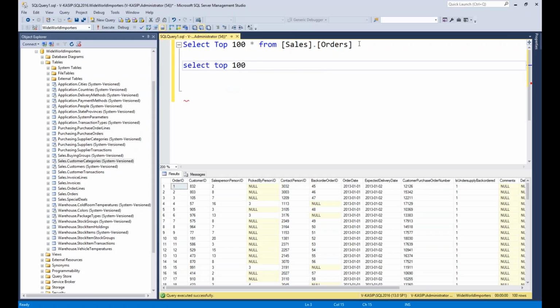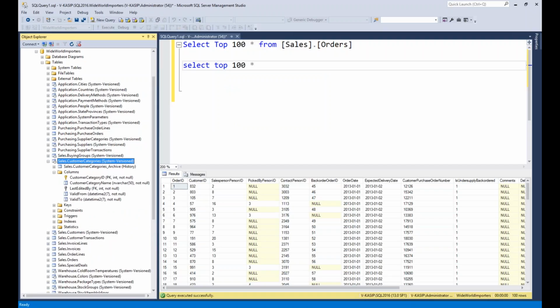a top 100 star. In other words, you can just expand here and see the column names, but this will give you just the column names. If the column names are given properly, you can understand some context from here, but if they are not, you can't get anything. It's always better to select the top 100 star, because you can see what kind of data the column is storing also. That gives you more information. So what I would suggest is select top 100 star from customer categories.